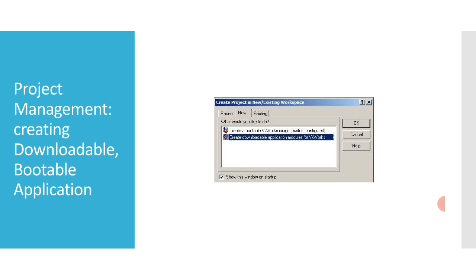First, initially we will understand what a downloadable application is. There are two types of applications: one is downloadable and another one is bootable application. A downloadable application consists of one or more relocatable object modules which can be downloaded and dynamically linked to VxWorks and then started from the shell or debugger.